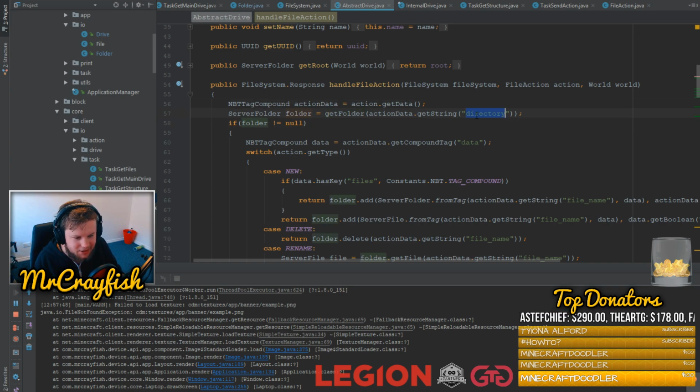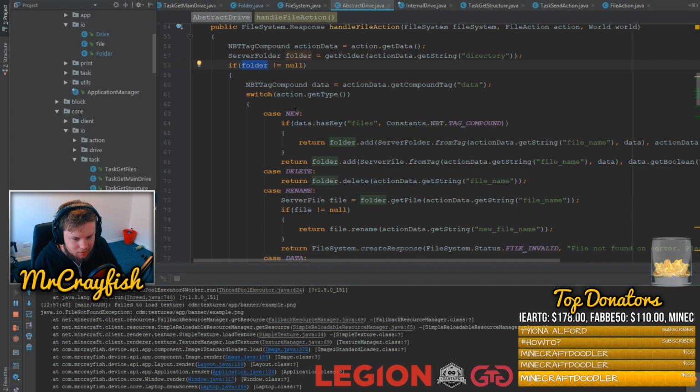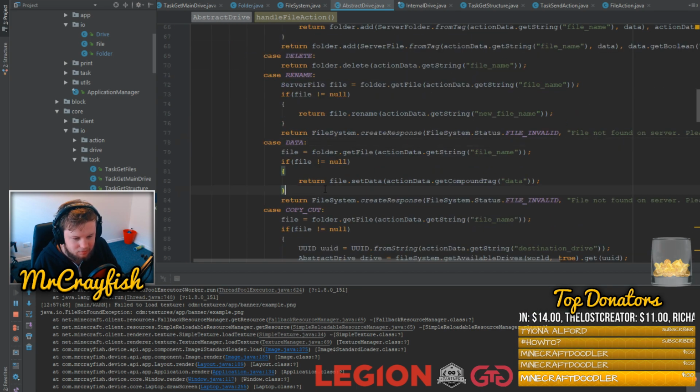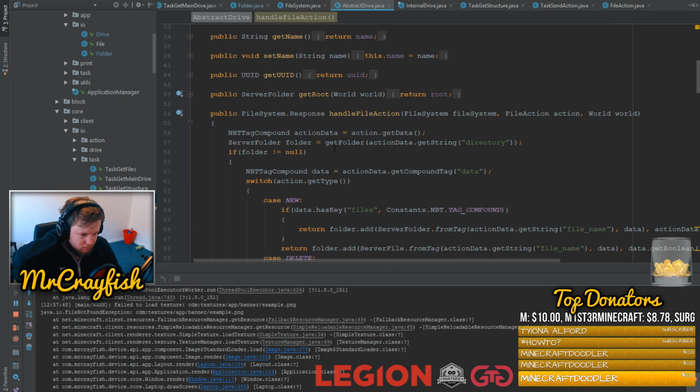Oh no, it can still work, because this is like the folder that it happens in, so we can say it's the root folder. And then we might have to create a new action called like make directory or something like that. Make directory. Like, something that I might do is like